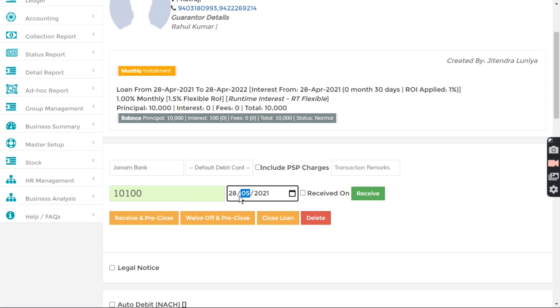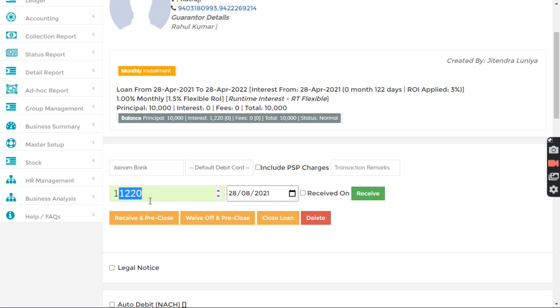I now increase the month, so 1 month 30 days, still it is 1%, and let's say 31 days, then 1.5% rate of interest. If I keep increasing the month, the rate of interest will be applied as per the bracket defined for that rate of interest. So I select 28th August, so 121 days at 3%.